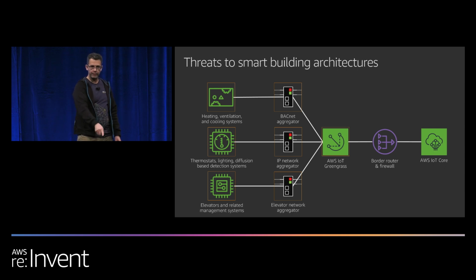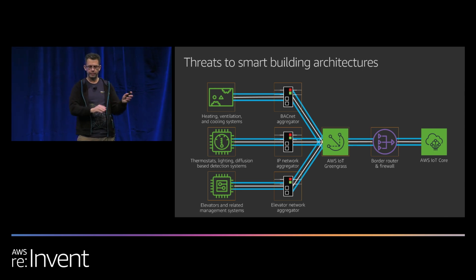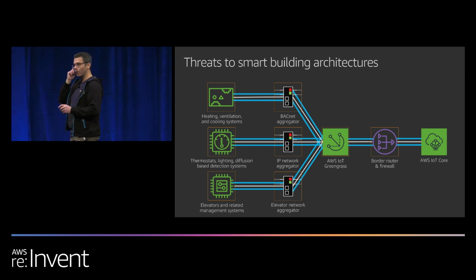And then you'll have your aggregators in place, usually again, firewalled, because you want to have segmentation in these networks. And then you can send that to Greengrass and then through your border router. On the left-hand side, though, except for the middle part, on the top and the bottom, those are typically unprotected networks, BACnet networks. However, hopefully by the end of next year, I won't be able to say that anymore,